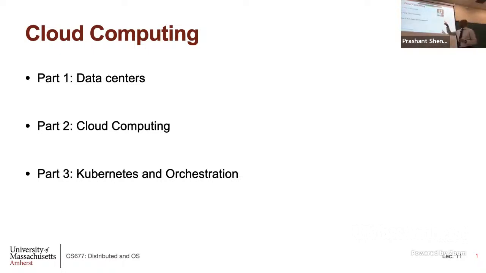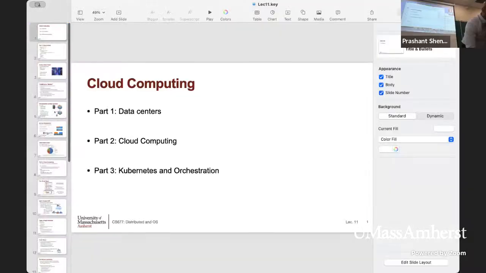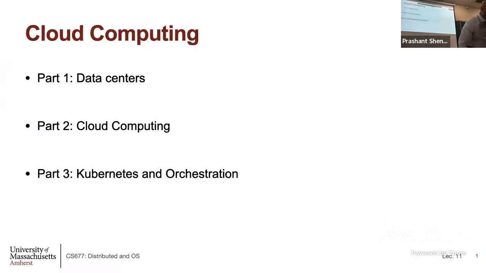Okay. So we'll have three topics in today's class. One of them is going to be data centers. You saw some of this when we had a lecture on sustainable computing, but we will now revisit that topic from the perspective of virtualization and cloud. And I'll talk about cloud computing. And then the last part is actually on cloud orchestration, but that will be a case study on Kubernetes and how you can use Kubernetes to do cloud orchestration. Okay, so three things today.